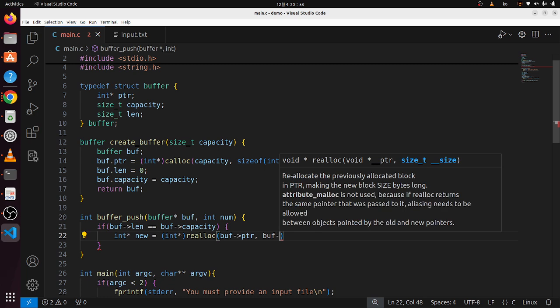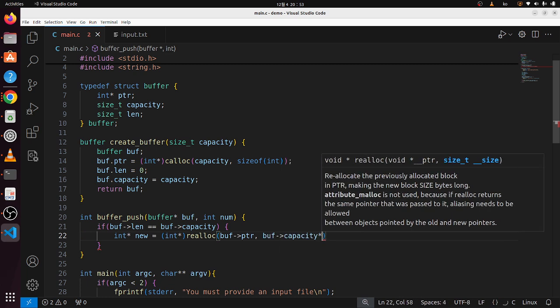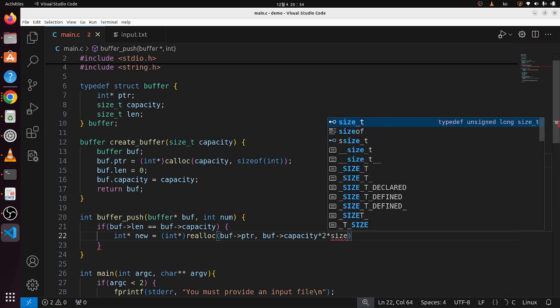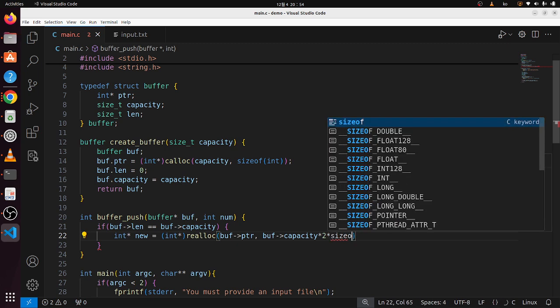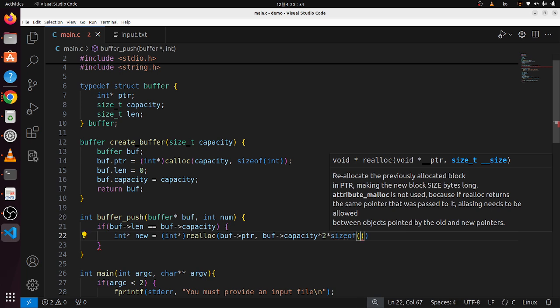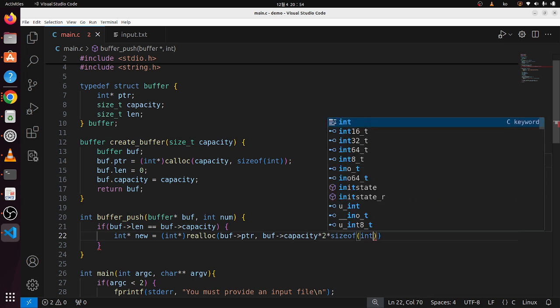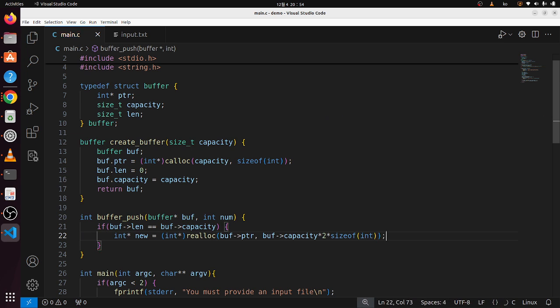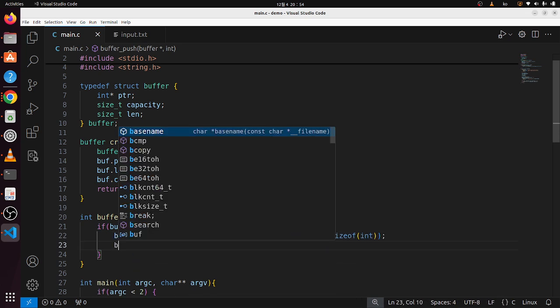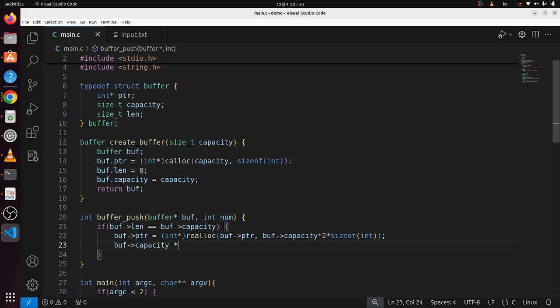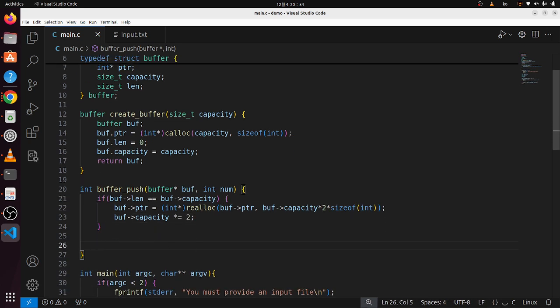Only that this time we would have to specify times 2 times sizeof int, because the size in this case is taken in terms of bytes, but an integer has 4 bytes, so that's required. And we can just say that this is all not needed. Buff.ptr is like that, and then we can say the capacity has doubled. Okay, and if that is handled, then we can say